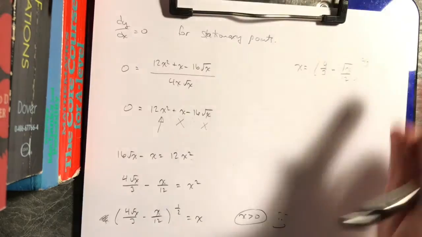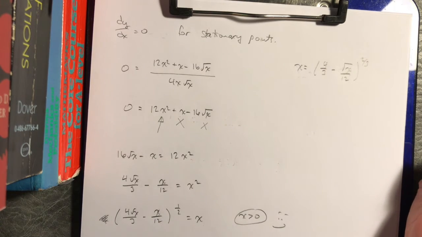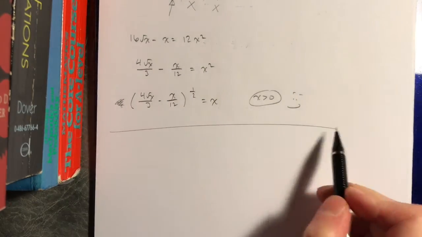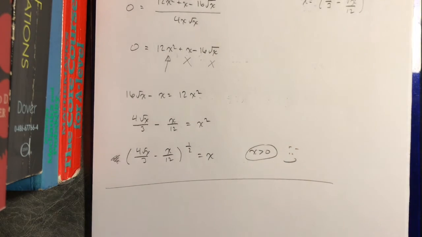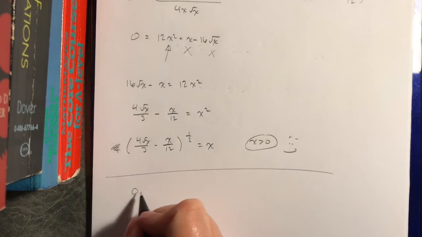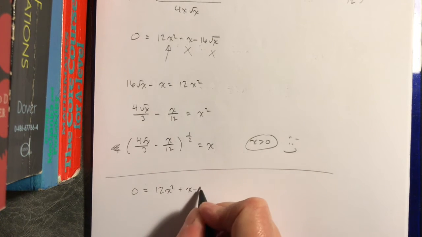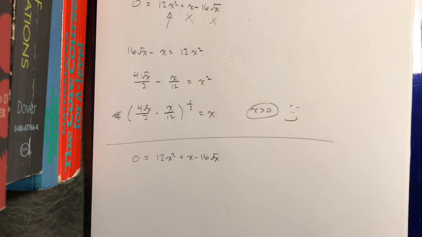So the question is, how the hell did they get this? How the hell did they raise something to the 2/3 power? Where did that come from? So here's the crux of this whole video, 21 minutes in. Thank you for your patience. This is what my math friends did. Okay, so we start from here. 0 equals 12x squared plus x minus 16 root x. And they said,